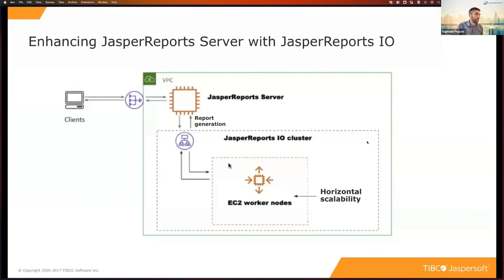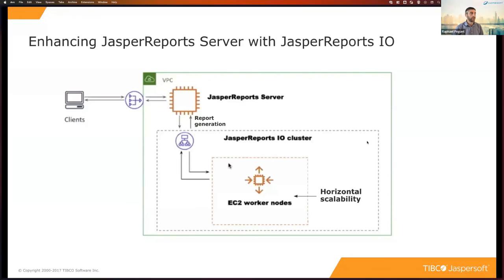Another use case, and actually it's similar, is that you can plug JasperReports IO behind JasperReports Server so that you can optimize also from a self-service perspective. So you may have internal users or your customers using ad hoc or self-service, creating content and reports. So that's intensive on the CPU, on the processing power. But at a certain time of the day, I know an example where we have to generate pay slips. So at the end of the month, we have thousands of pay slips to generate